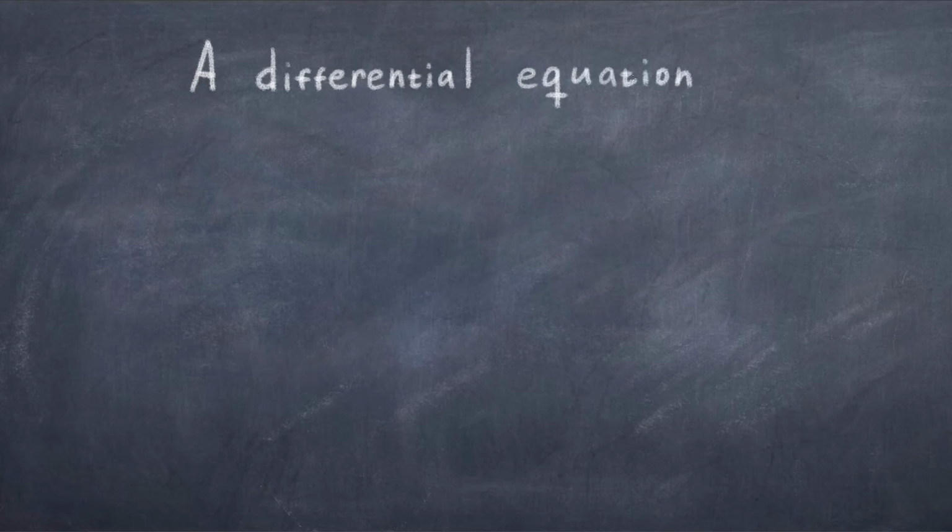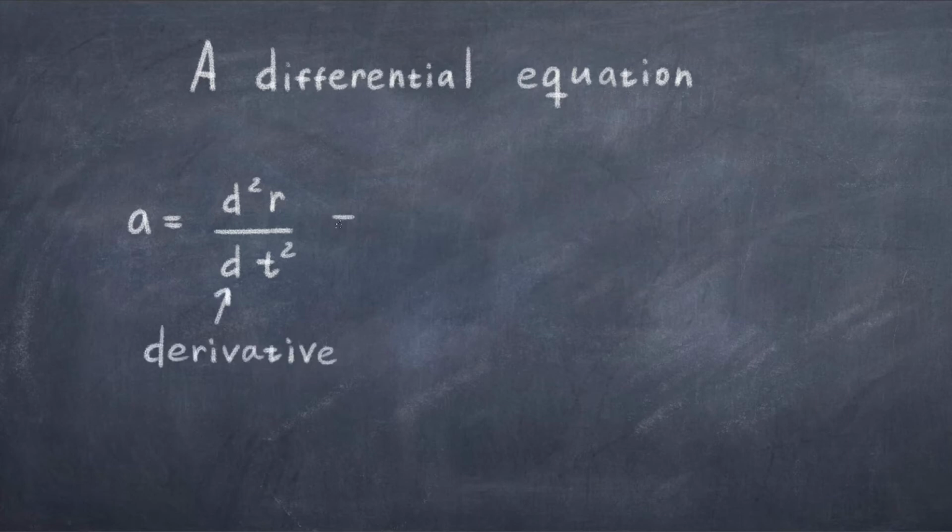To express the acceleration in terms of r, we can use calculus, which was invented by Newton, and write it in terms of a derivative. Without going into too much detail, the acceleration of an orbiting object can be written using the derivative, which describes how the radius changes over time. If you want to know more about derivatives and calculus, let me know. Anyway, by writing the acceleration as a derivative, we now have what's called a differential equation. This is simply an equation you need to solve, and the solution describes the motion of a two-body system.